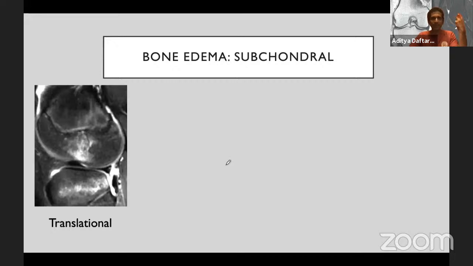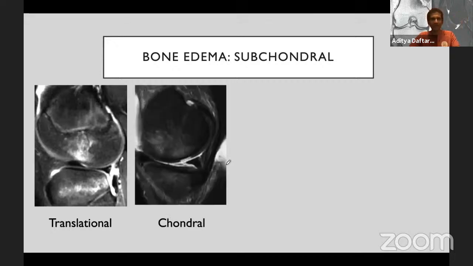If we think about subchondral bone marrow edema, it can happen for multiple different reasons though. We can have it translational, like we talked about earlier. We can have it in these kind of situations. You can see there is actually a cartilage defect here. And because this cartilage has delaminated and come off, you can see that there is some edema in the underlying bone. So anytime you see bone marrow edema, remember to look at the underlying cartilage,